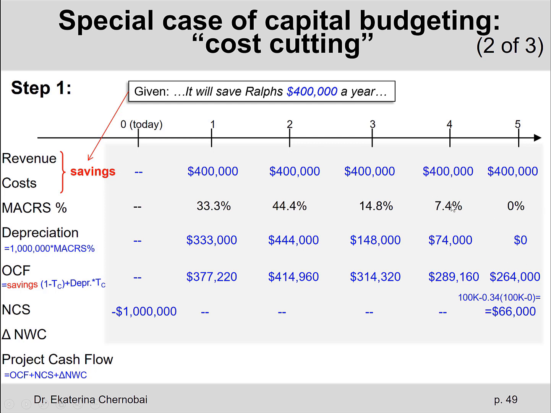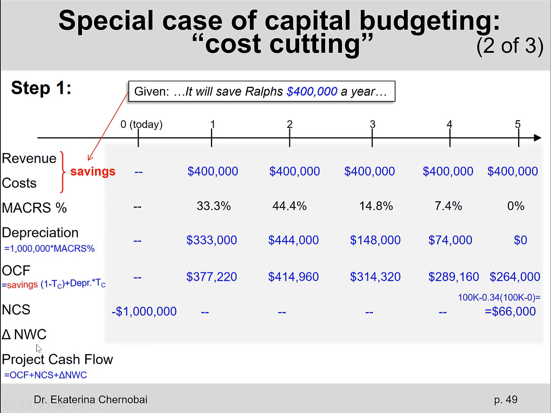So after the 4th year, the remaining book value was already $0. After the 5th year, it's still $0. So you just put 0 in the formula. Or technically, you can completely skip it. Okay, so $66,000 is what you get for the after-tax salvage value at the end of the 5th year.